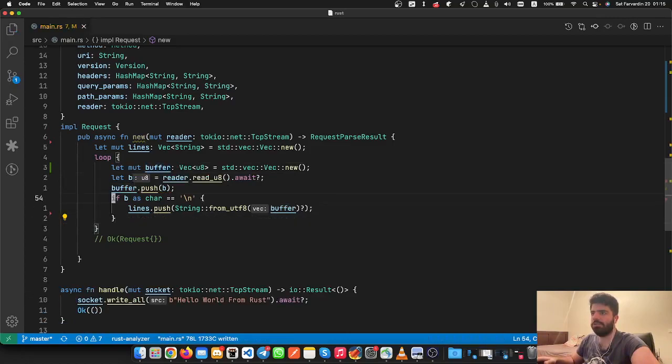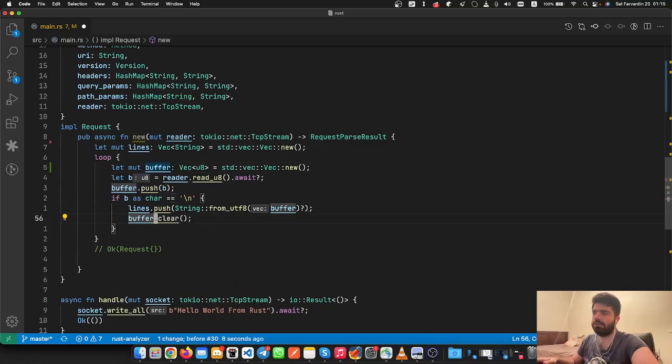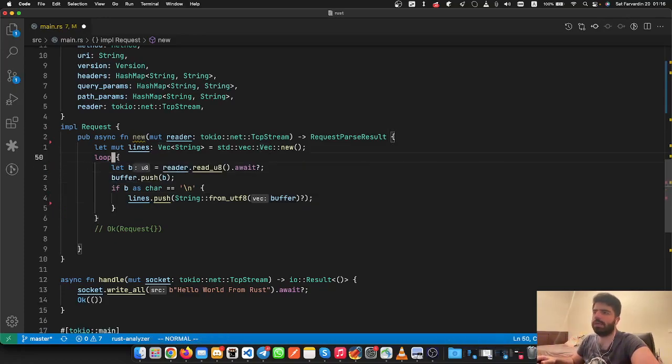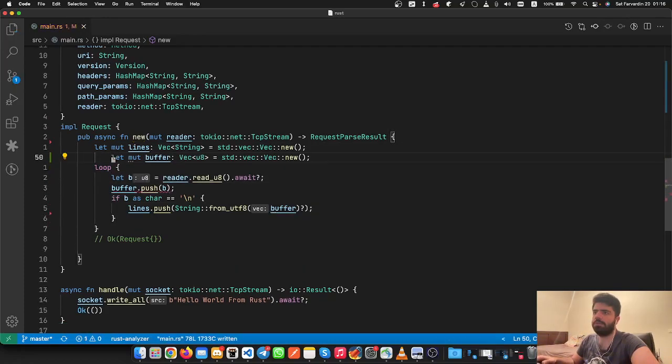On each iteration, we create a new buffer, and no, we cannot actually do that. We need to store the buffer outside, and for each iteration we should